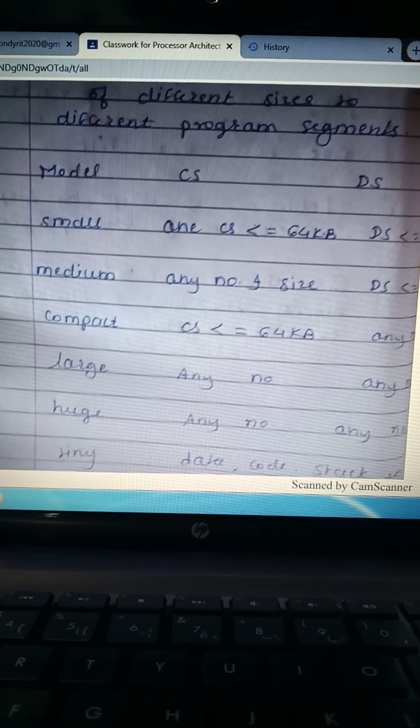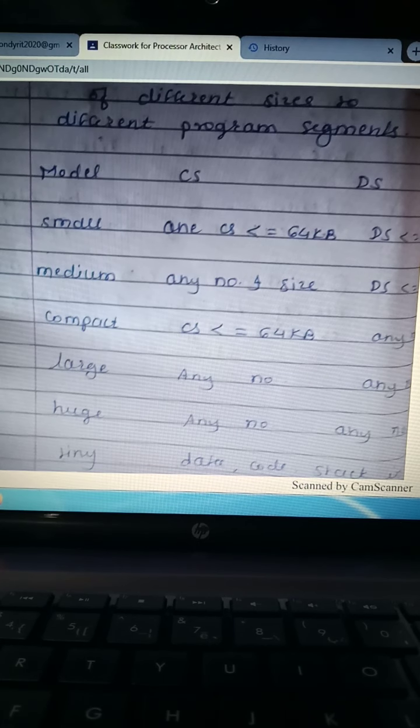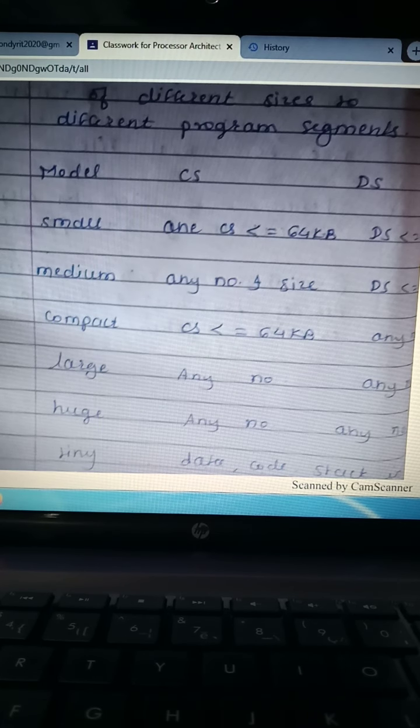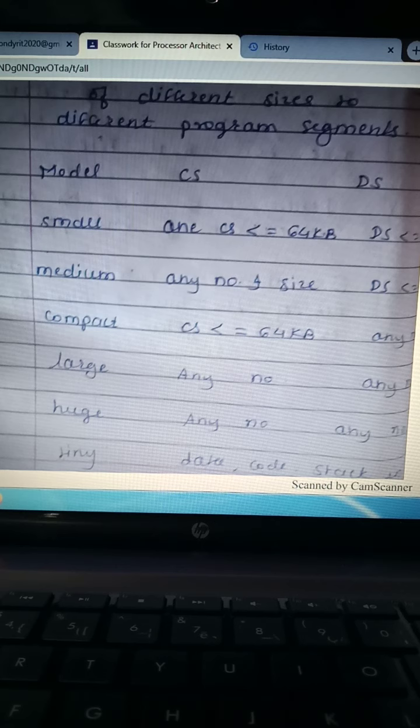Now if it is the medium model, then the code segment can be any number and of any size, whereas DS is again less than or equal to 64 KB. If the model is of type compact, then the code segment is less than or equal to 64 KB, and DS is any number and of any size.